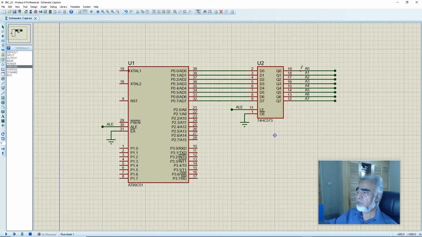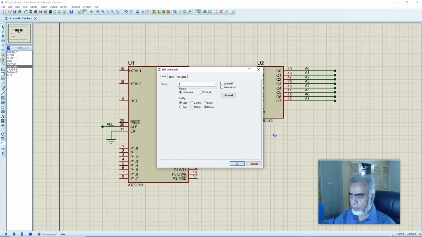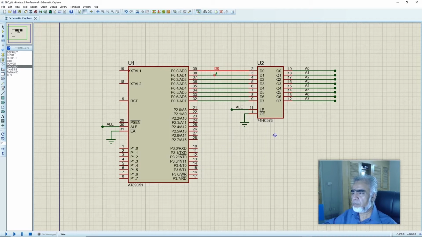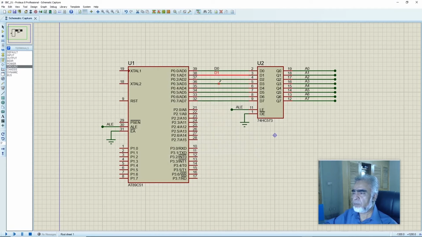After latching the addresses, that is from A0 to A7, the device will place the data, that is from D0 to D7, on port 0. So here we will assign the labels, that is from D0 to D7. So here we have assigned the labels to the data port. And in microprocessor mode, port 2 will be configured as the address port, that is from address 8 to address 15. So here we will assign the labels, that is from address 8 to address 15.